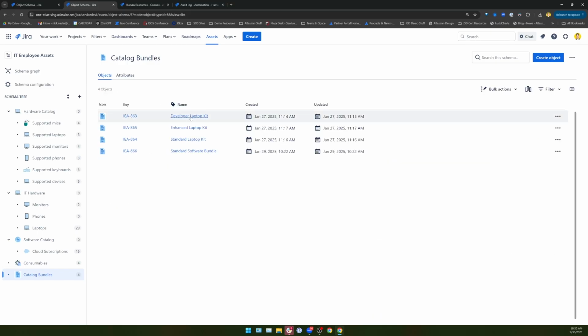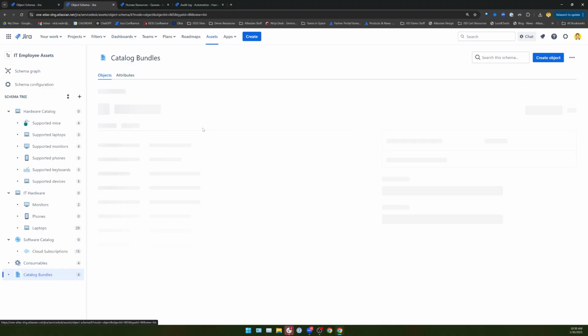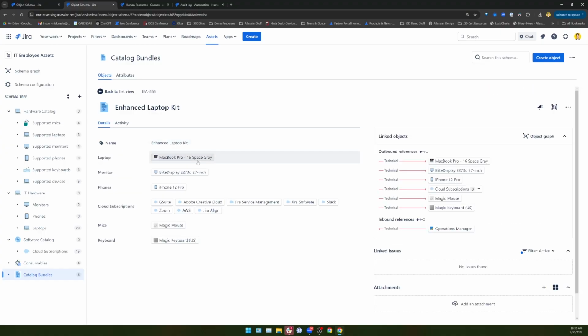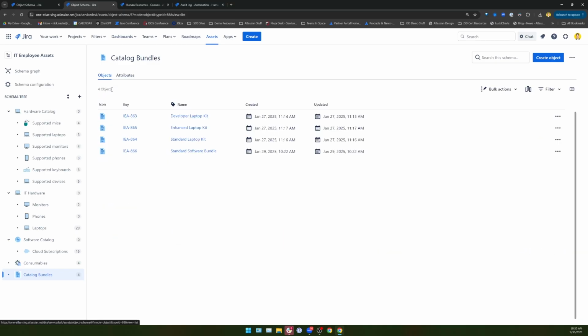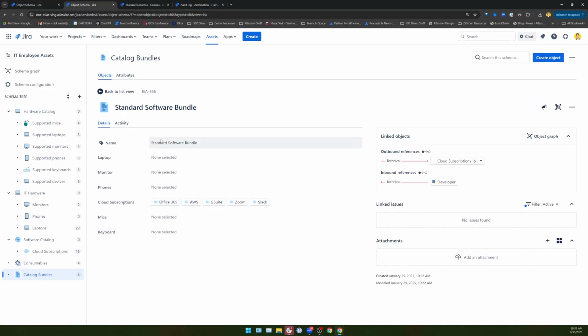And then if we back up here, we'll see we have three different laptop kits: standard, developer, and enhanced laptop kit. And these are all going to look similar, but they're going to have the different models that we provision out and different cloud subscriptions that we give access to these different roles that are associated with these kits or bundles. And then you'll see the standard software bundle here is something where we can bundle cloud subscriptions into as well. So if you wanted to separate the software from the hardware, we can have software catalog bundles and hardware catalog bundles. There's a lot of different ways that we can structure the data model here